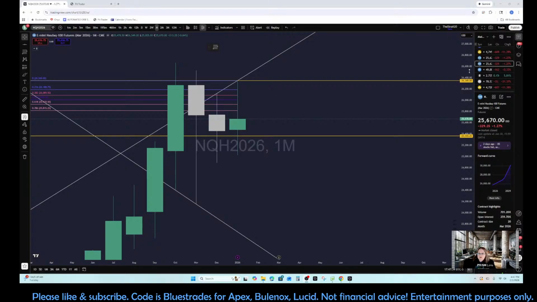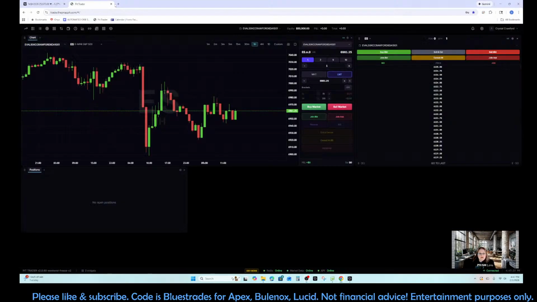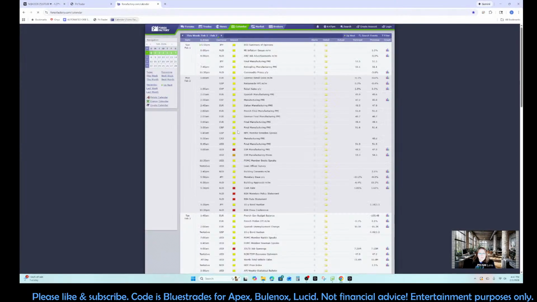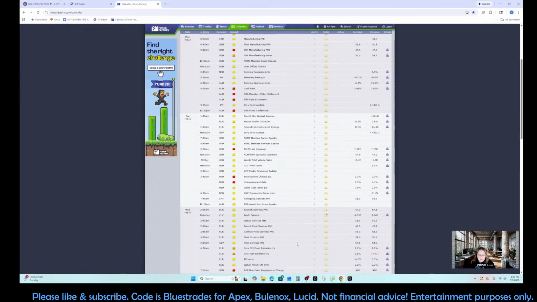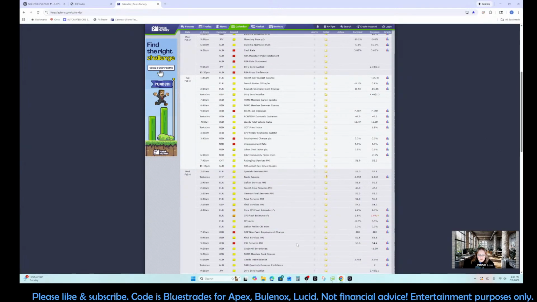So that's pretty much what I'm looking at. Let's look at the economic calendar. We have ISM on Monday at 9 a.m. Tuesday, we have JOLTS and FOMC members pretty much back to back. And then on Wednesday, we have ISM